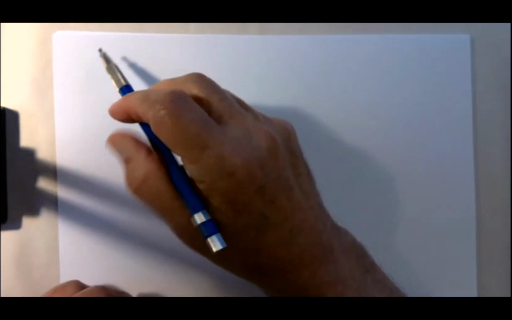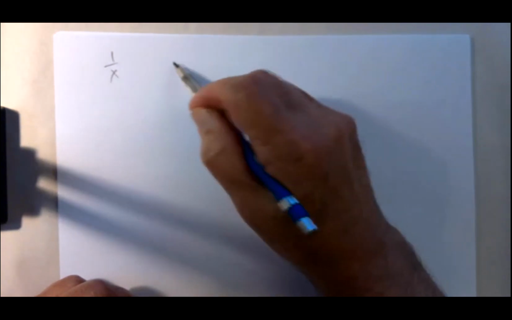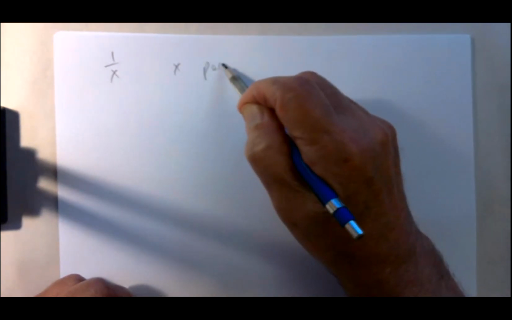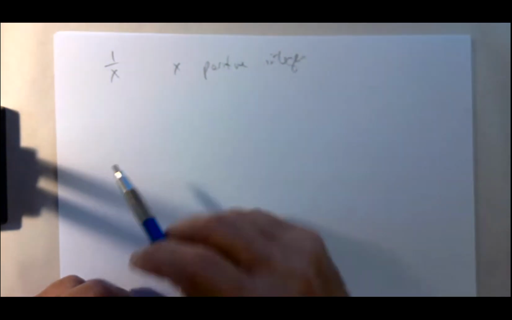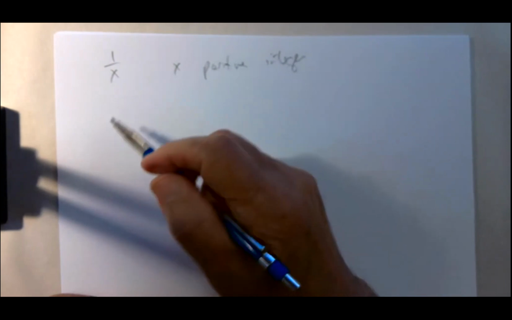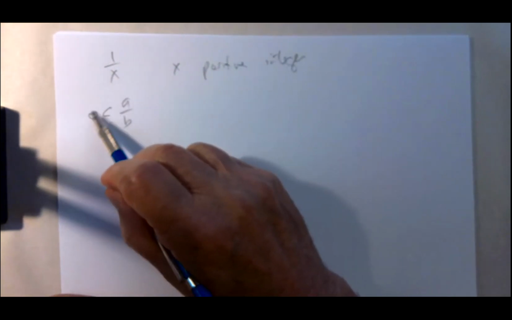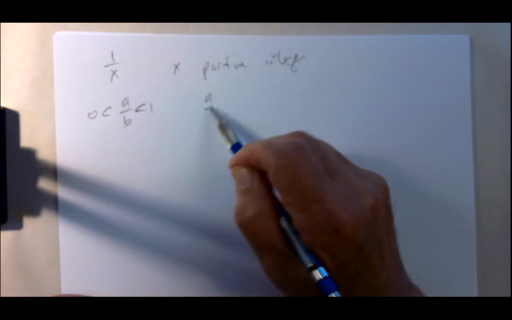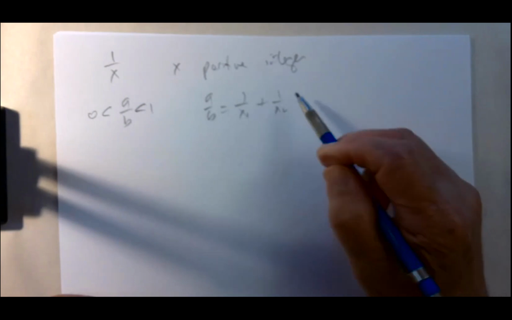So an Egyptian fraction is just a unit fraction, something of the form 1 over x, x a positive integer. And we're interested in the question of writing some rational number between 0 and 1 as a sum